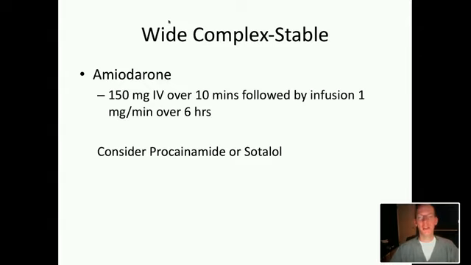You need to give this over 10 minutes. You do not push this drug. The reason is that it's going to cause hypotension, and these patients are probably not going to tolerate even the least amount of hypotension, because they're already pretty tachycardic and their perfusion may already be limited. So 150 milligrams IV over 10 minutes, and you can follow that by an infusion, which is 1 milligram per minute over 6 hours. If you need to repeat the dose, you can repeat it, so a total of 300 if you need to. So 150 over 10. If that fails to convert or rate control, reload with another 150